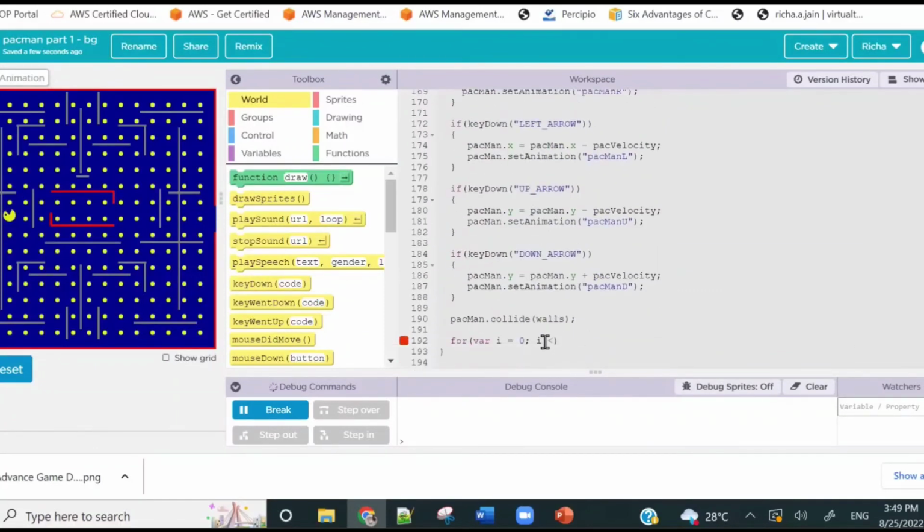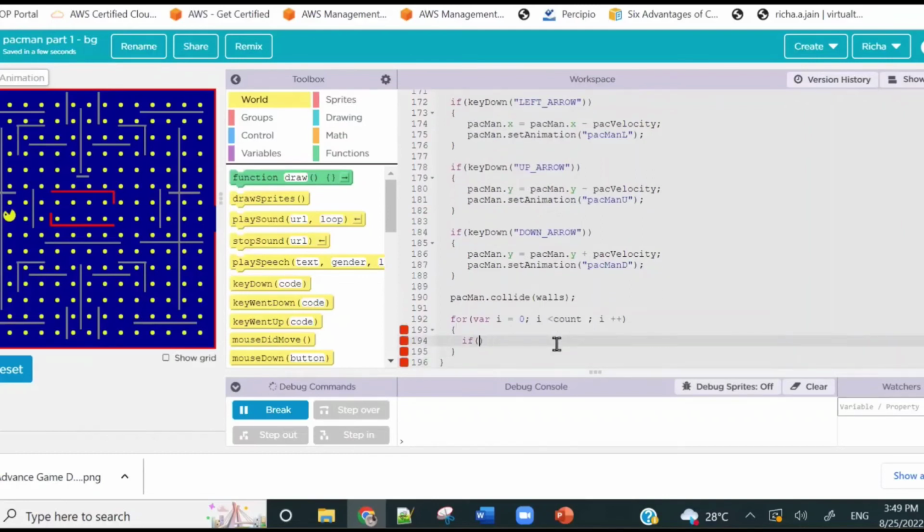So my condition will be variable i equals 0, i is less than count. Why are we saying i is less than count? Because count is actually a variable that holds the number of these dot sprites. And we will say i plus plus, which means every time this for loop is executed, the value of i will increase by 1. And then we will check if